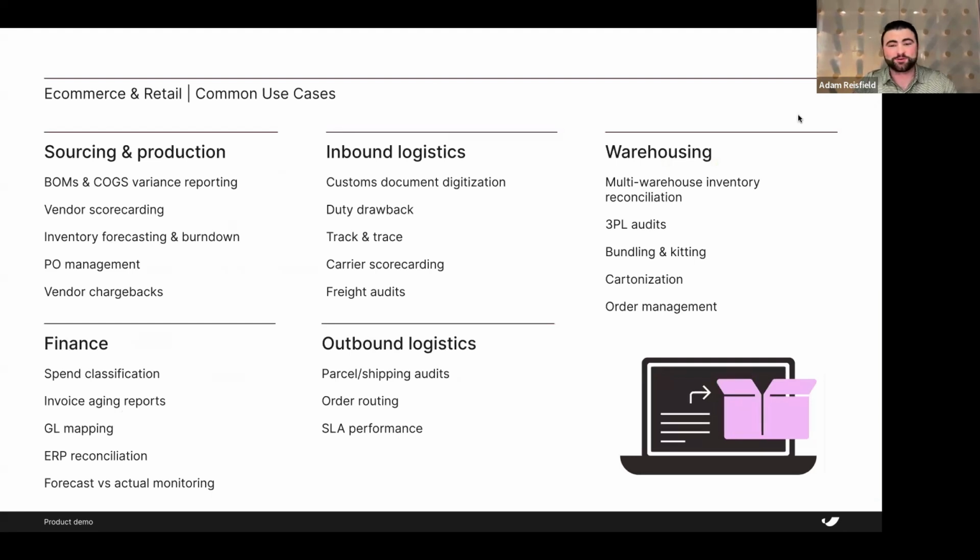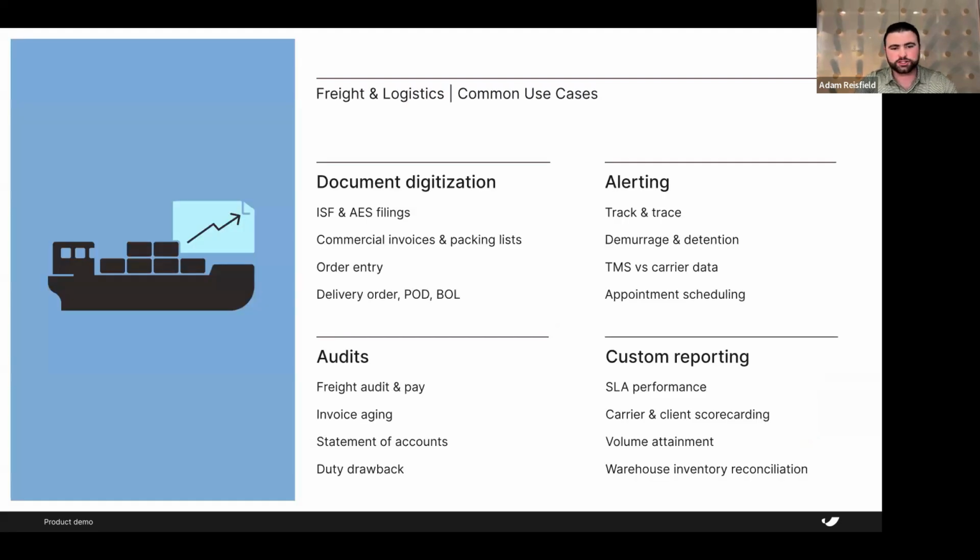Obviously, this is pretty broad here, but I think it speaks to the flexibility of Parabola. We frequently see these processes happening in things like freight audits, maybe duty drawback, and a whole bunch of different inventory reconciliation use cases where you have inventory levels spread across multiple 3PLs and you need to consolidate a lot of that information. As you can see here, really anything that's currently happening in a spreadsheet makes for a really good use case for Parabola, and not too dissimilar from some of the freight and logistics use cases that